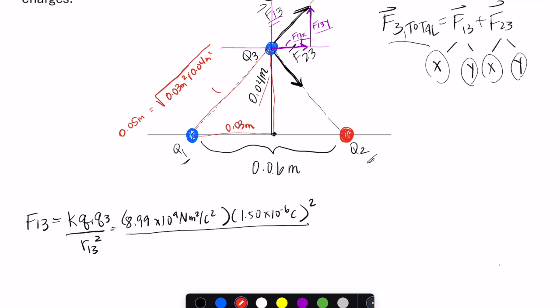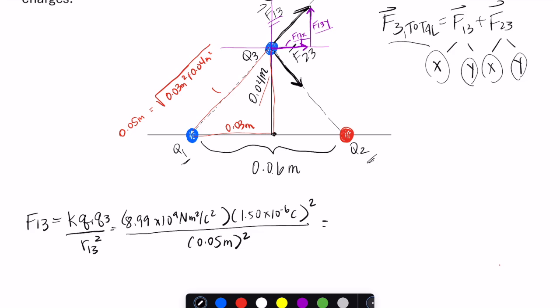You'll see that a lot of times if they give you a triangle, it's going to be some kind of standard triangle, okay, so that you know the sides pretty quickly without having to reach for your calculator. So it's a 3, 4, 5 triangle. So that means the distance between Q1 and Q3 is 5 centimeters, okay? So that's going to be 0.05 squared. So we plug that into the calculator,